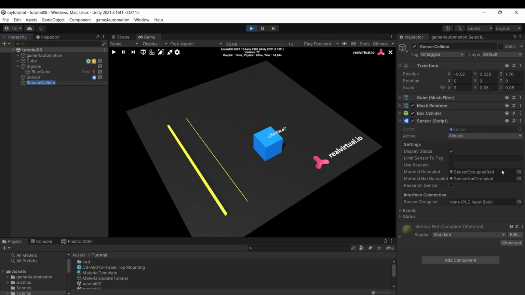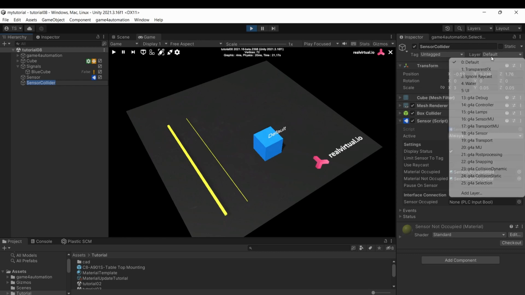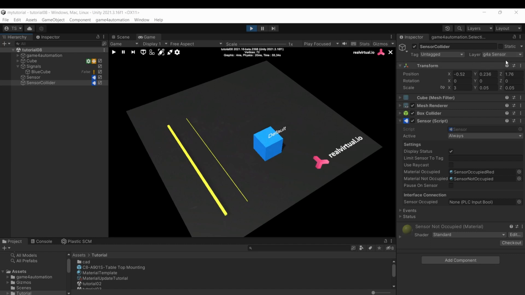And that's because our sensor is still on the layer default, but in this case it should be on the layer sensor. The layer G4A sensor is a layer where all our, I would say, mesh or form-based sensors should be located,